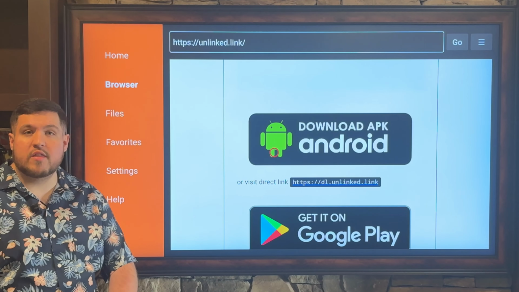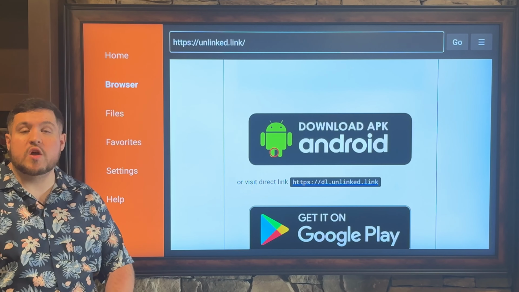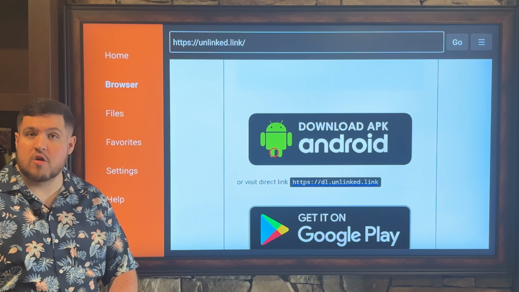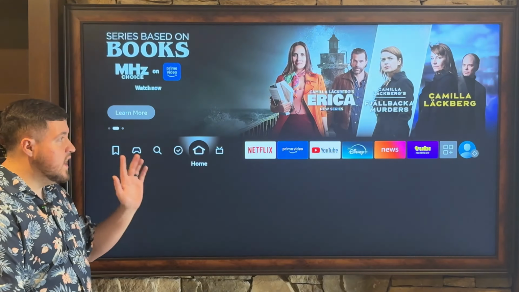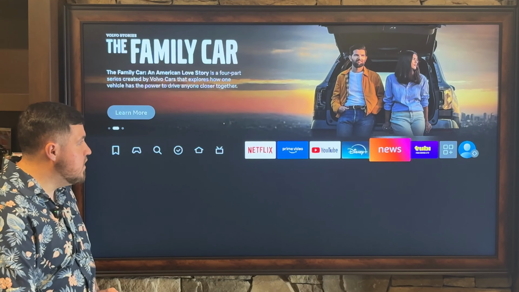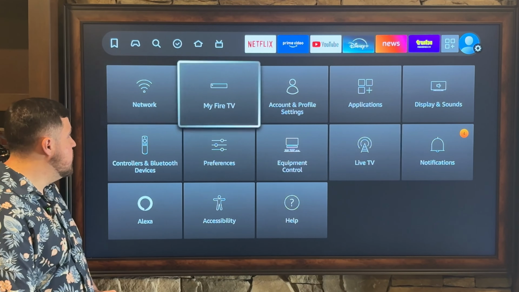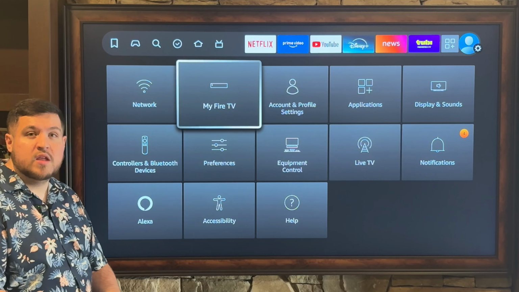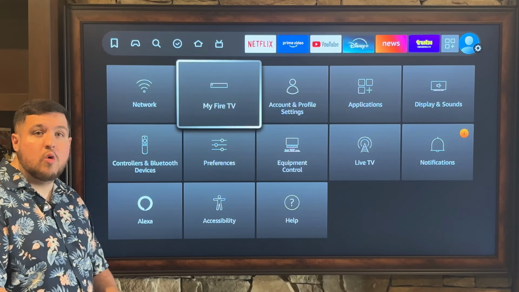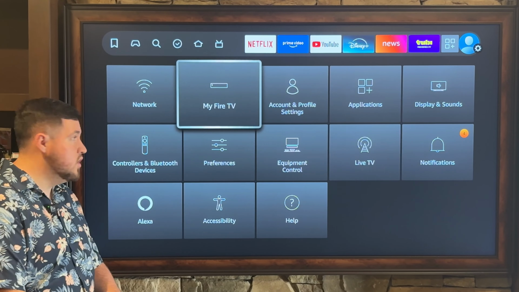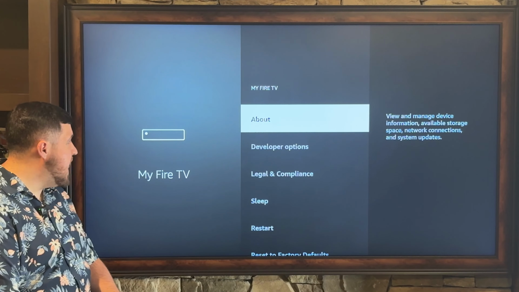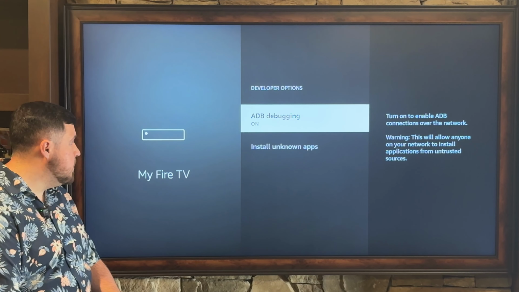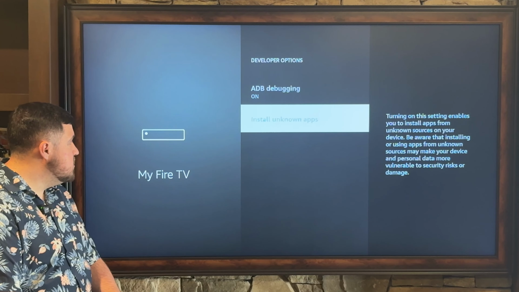Now that we've deleted the unnecessary file, we can go back to our settings by clicking the home button on a remote. And again, friendly reminder, settings is going to be found at the very end of your screen. I'm going to go down and I'm going to find My Fire TV again. In your case, it could be down here or it could say My Device. Let's click into it. You want to go down to Developer Options, open it up, install unknown apps,